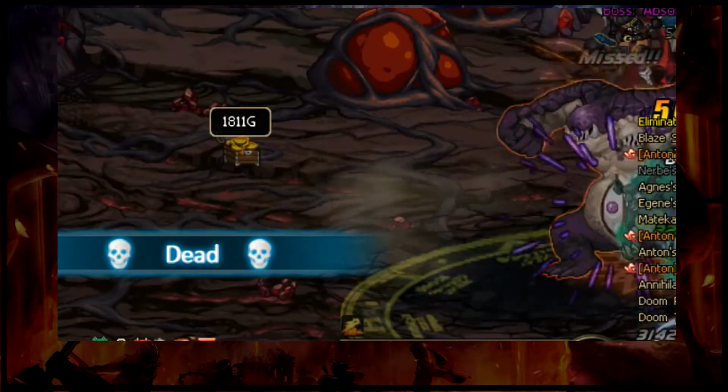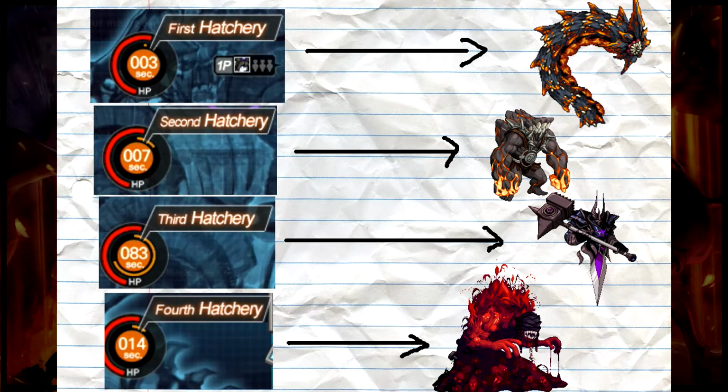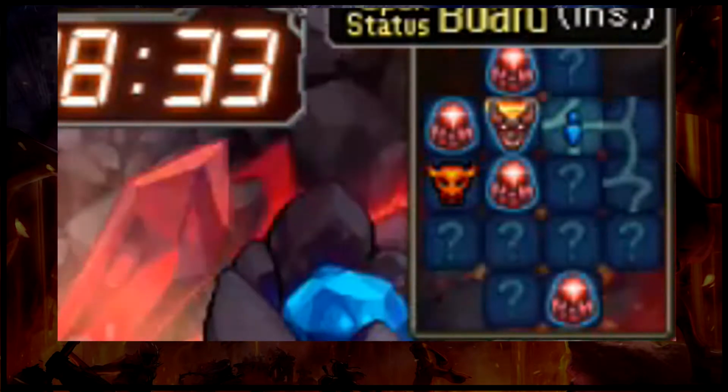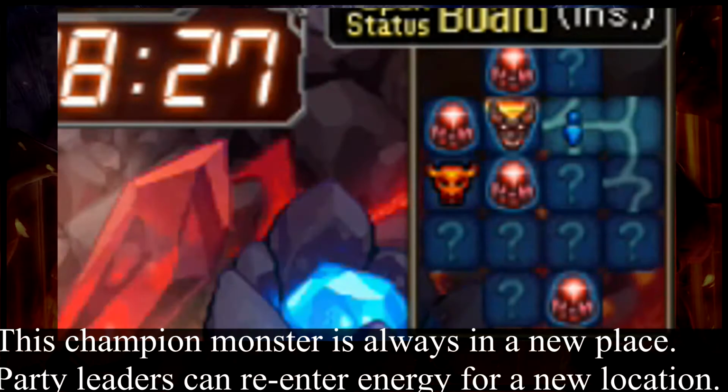The 4 hatcheries are also dungeons you should know about. They're short, and they can be entered from inside, cutting off the energy. Entering a hatchery is quite simple. If you look at the minimap, you will see a yellow icon. If you go to that map, you will find a champion monster that, once killed, will open up all the